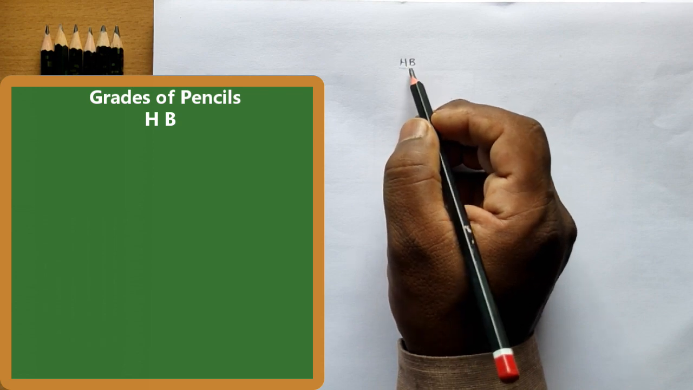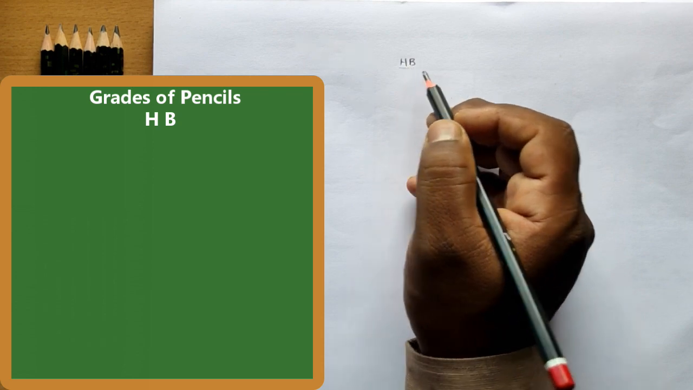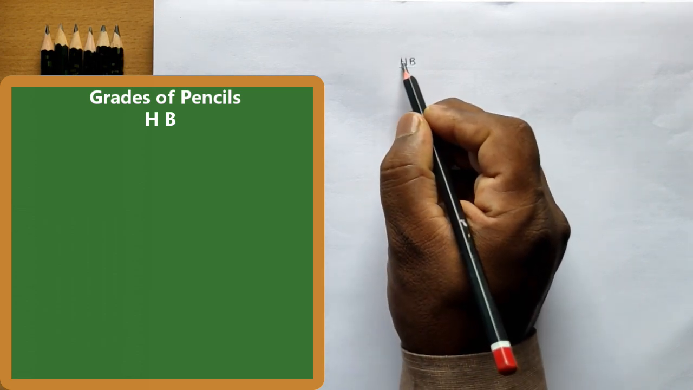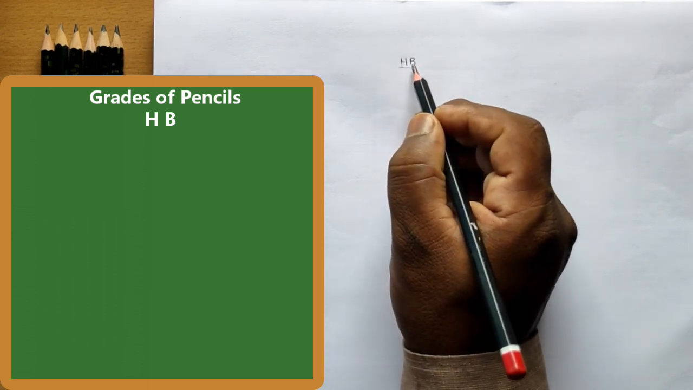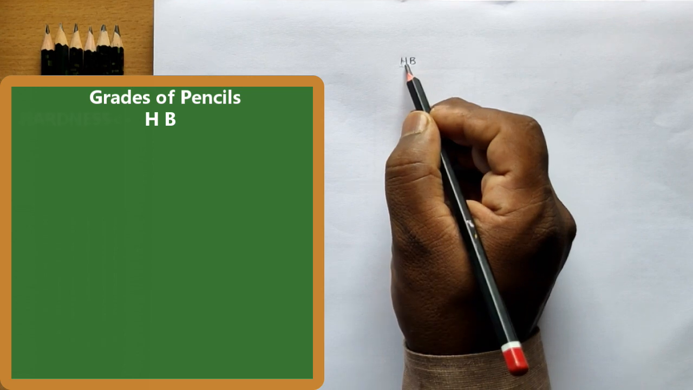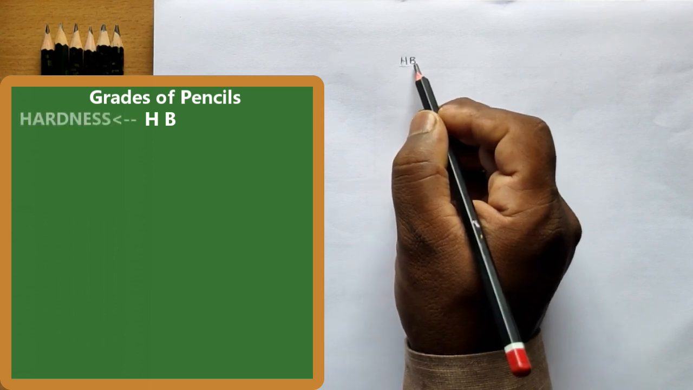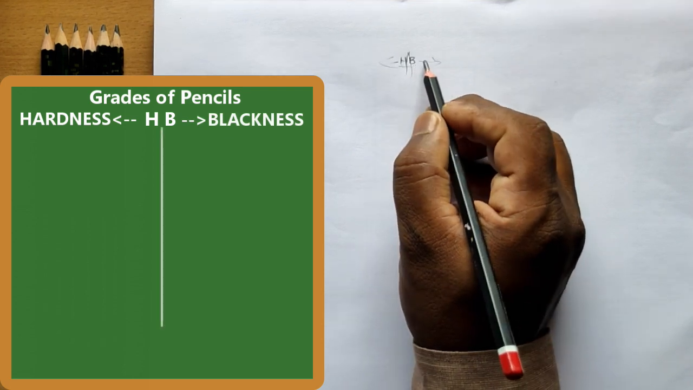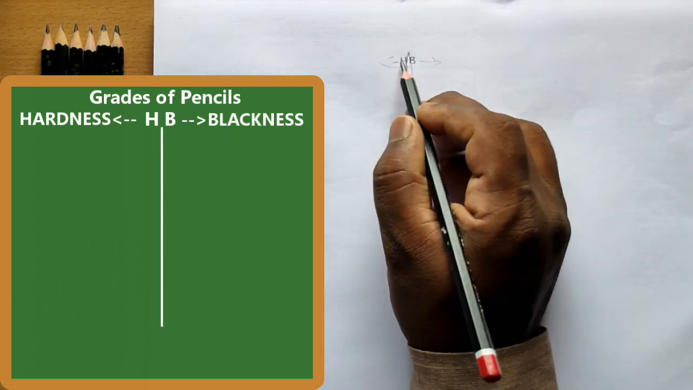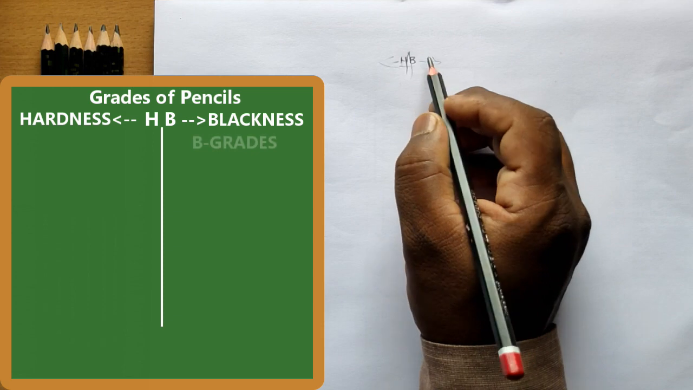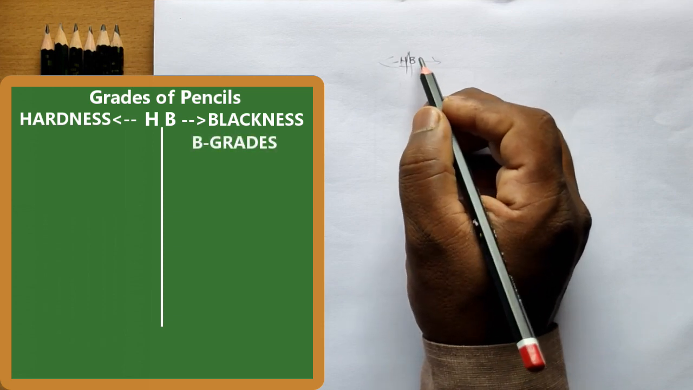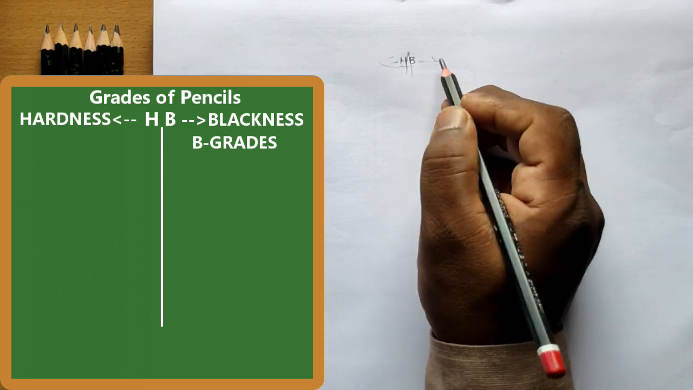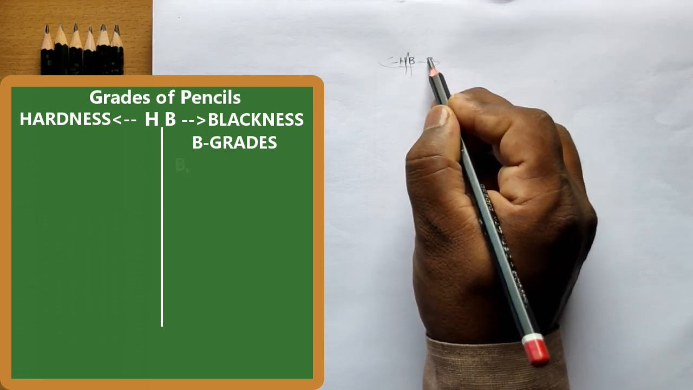So how is this HB further divided into different grades? Before learning that, we have to know what H stands for and what B stands for. H stands for hardness and B stands for blackness. This is further divided into two categories, blackness and hardness. Let us see blackness first. Why are they called blackness? Towards this B category, pencils are named with B,